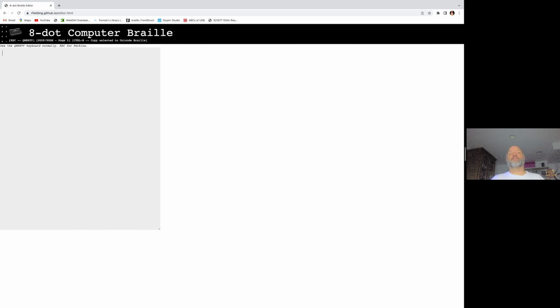Okay, so this is how you can learn to do computer Braille. I'll show you a little bit of a problem with computer Braille though. If you type what you'd see in actual Braille literature, you put it into Perkins mode and you type as if you're on a Perkins keyboard, and you go, hello world. Well, that's a little strange because you see comma, hello, and then if I capitalize world,